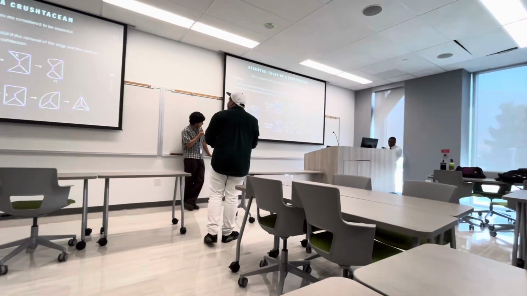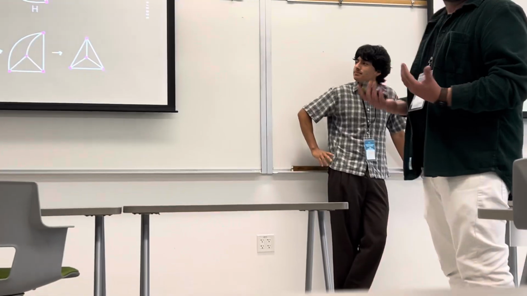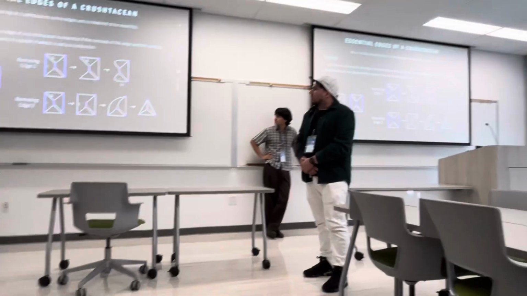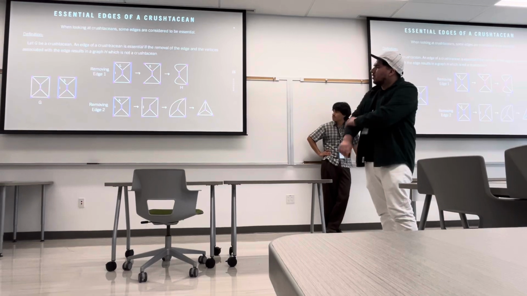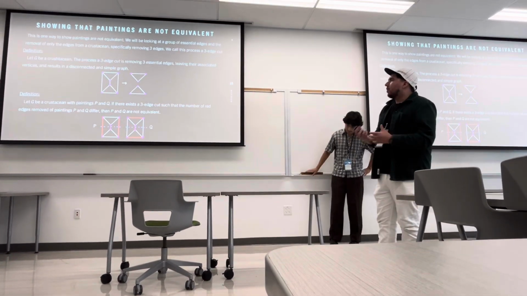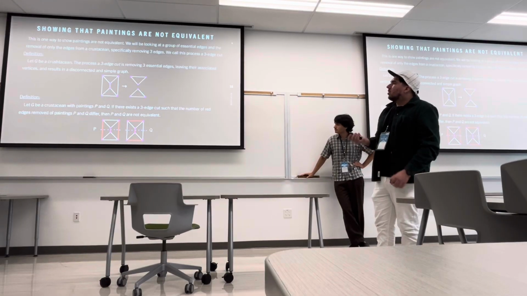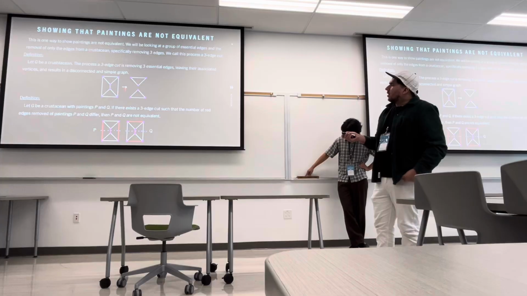As Daniel mentioned earlier, this is a graph that has a multi-edge, and because that's the case, we consider it to be an essential edge. And now, notice how we have 3 essential edges highlighted. The reason why that's the case is that now we're going to be performing a technique called a 3-edge cut. So those essential edges, we're going to remove them from the graph, and we're going to end up with a